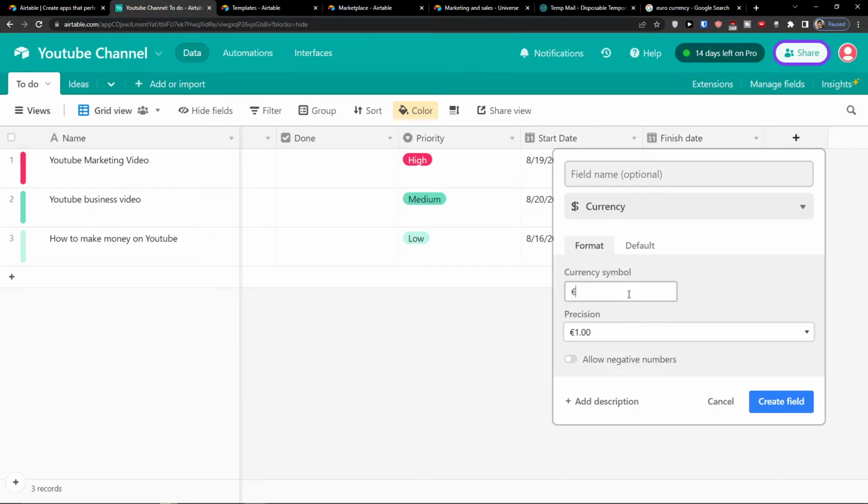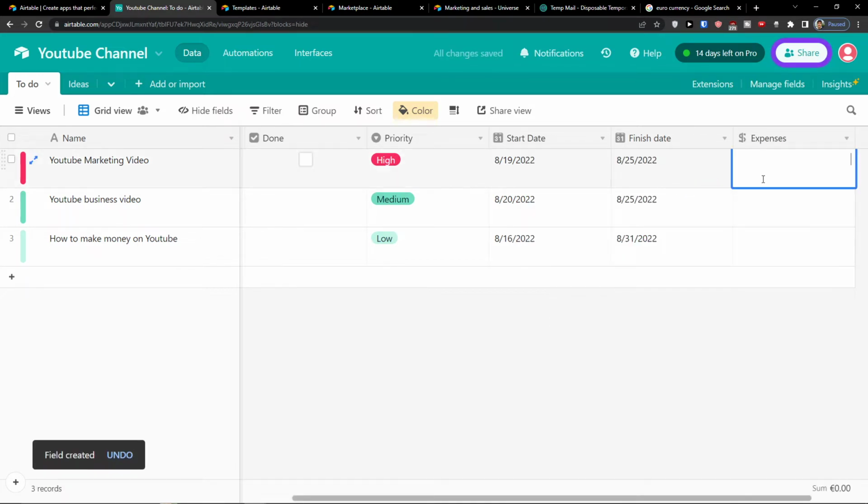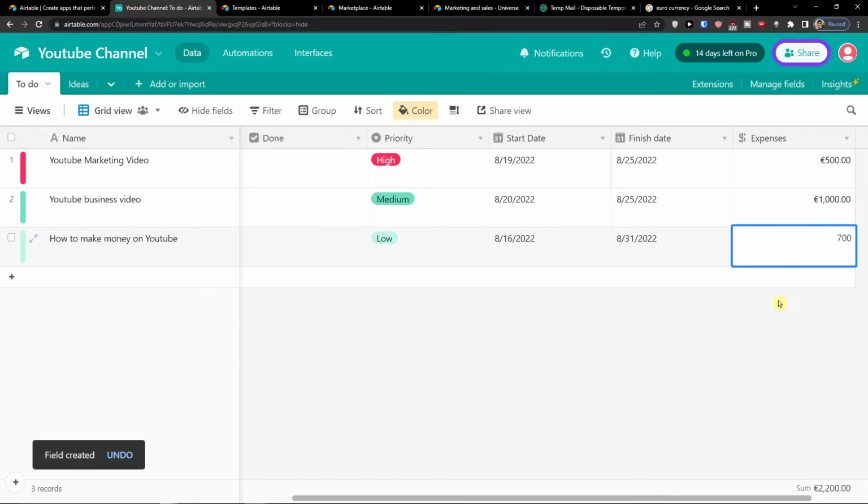Okay, create a field, and I can have expenses. So it can be like 500 euro, 1000 euro, 700 euro, and you're always gonna find the sum on the